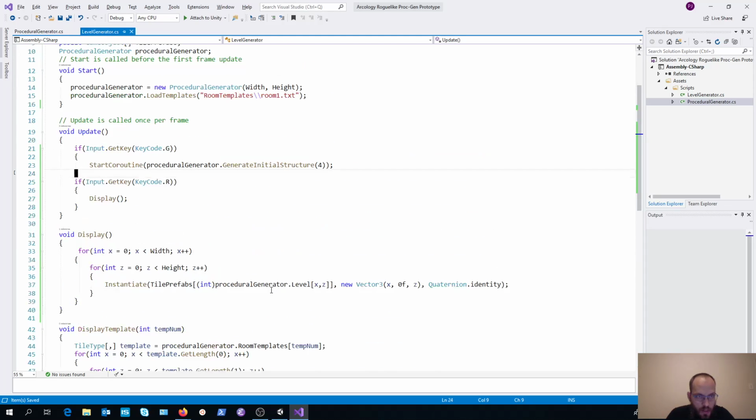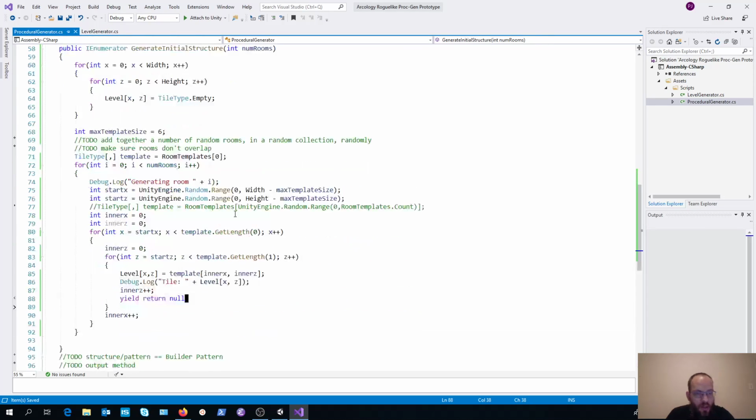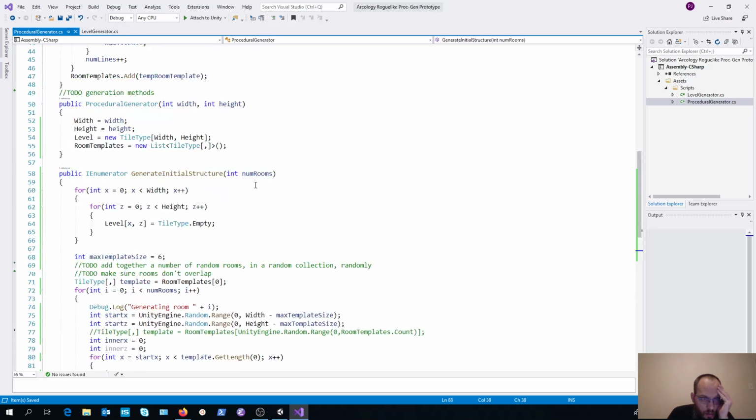Getting horribly stuck on coroutines. It's at this point where you need to start rethinking the entire approach.